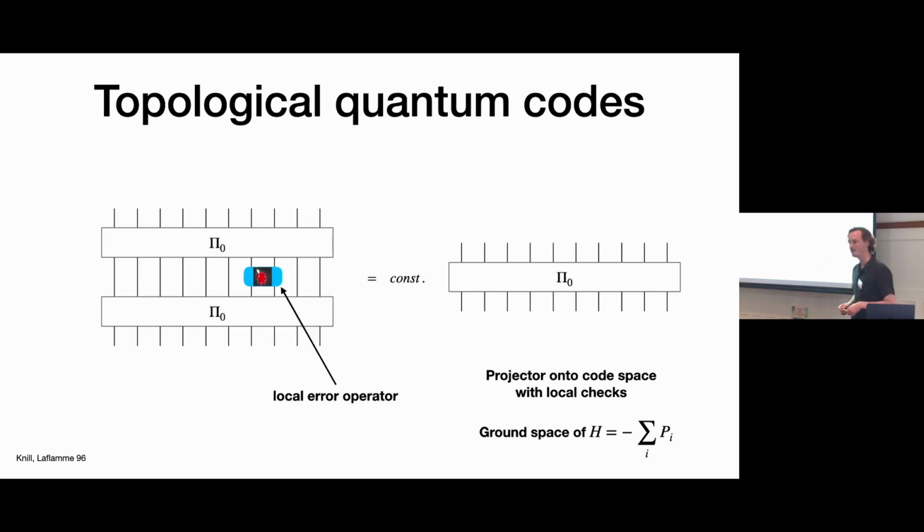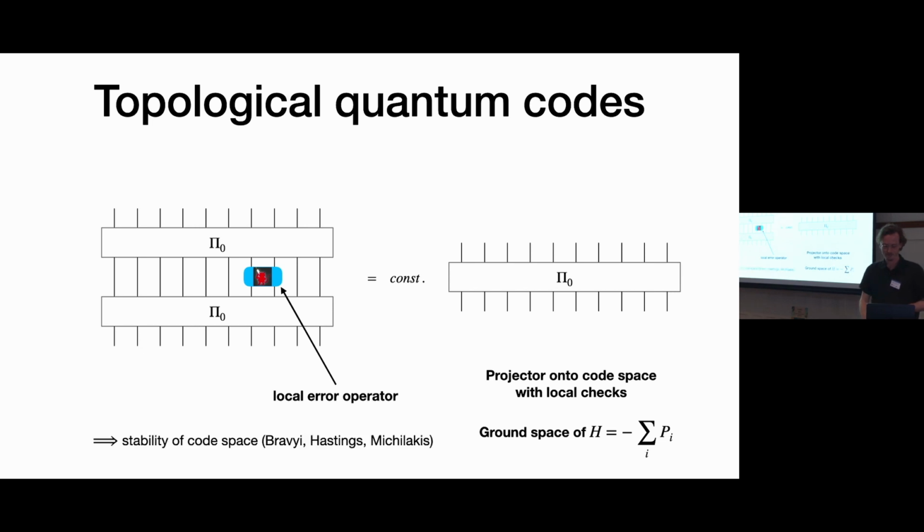Okay, what is the error correcting property of this code space? If you take any local error, which is coupling to some environment, that's going to take a local form due to the physics of the system, and you sandwich this into your ground space, it can't learn anything about the ground space. So whatever quantum information is encoded there, this error can extract nothing from it, because it acts like the identity within this space up to some constant. And this constant can be 0. So this error might just take you out of the code space. But essentially, if it maps you from the code space back to the code space, it can't do anything bad.